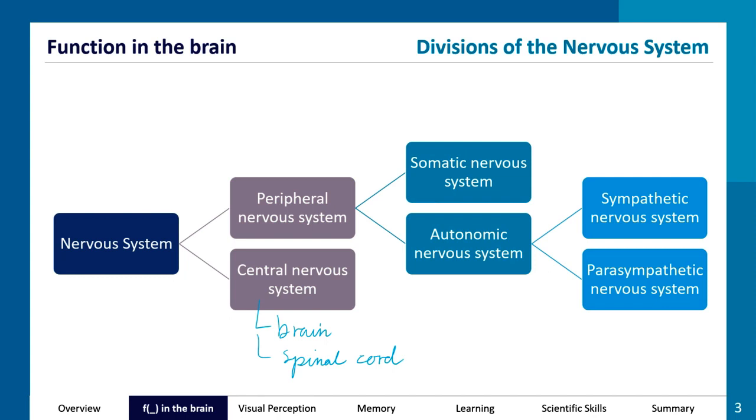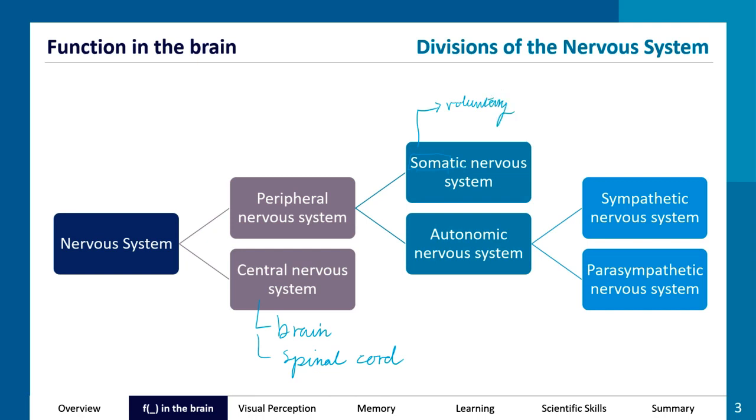We can then divide the peripheral nervous system up into the somatic nervous system and the autonomic nervous system. I like to remember these by thinking somatic. I know that the word soma means body, so if you think back to your neuron diagrams in units 1 and 2, the soma of the neuron is the cell body. I think of this as anytime I choose to move my body, that's the somatic nervous system acting. So anything that's a voluntary, controlled, conscious process is going to be the somatic nervous system